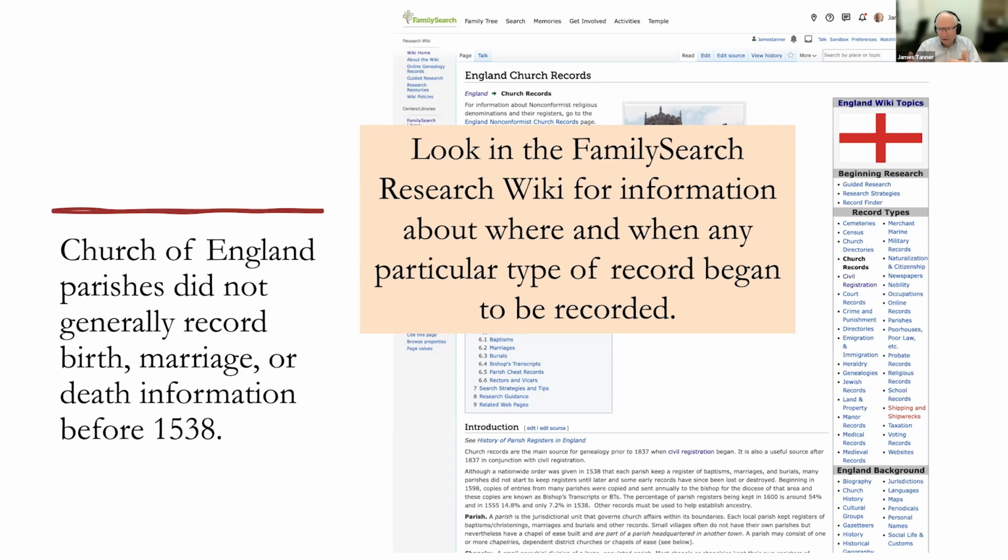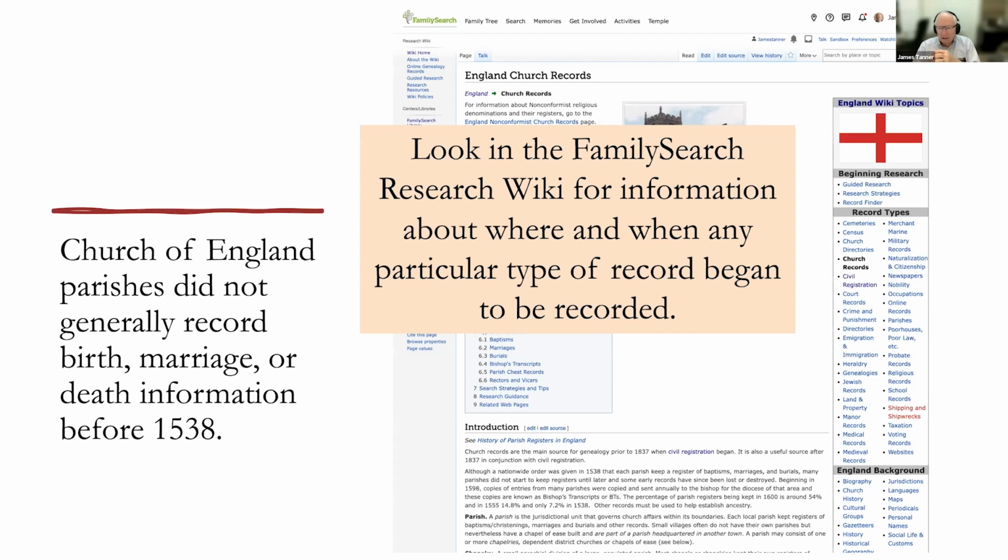And so once you understand how these records evolved and how they became available, you realize that even though you can click very rapidly today and get into those records and start extracting information, or even find them through record hints, you are limited in what you think, because you think, well, there are always going to be birth records. Well, there are not, and there never were in England.